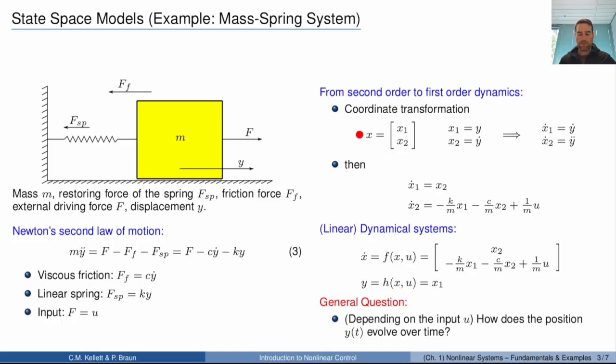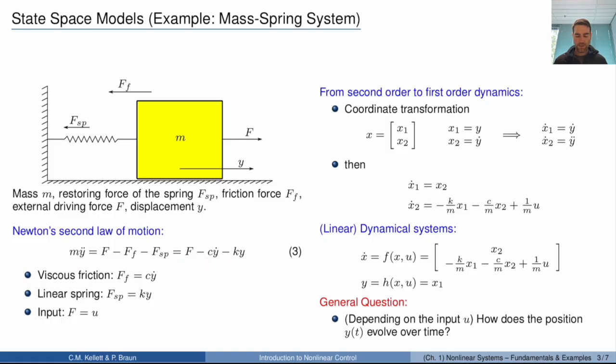Here in this case, we define x1 and x2, and we say x1 is equal to y, x2 is equal to y dot, which is just a definition, which then means that if we take the derivative, then we get x1 dot is equal to y dot, and x2 dot is equal to y double dot. So from the first expression here, we can replace y dot and write x1 dot is equal to x2. We've eliminated y. And in the second equation, we can do the same, namely y double dot is given through